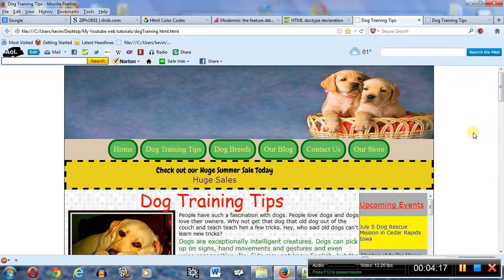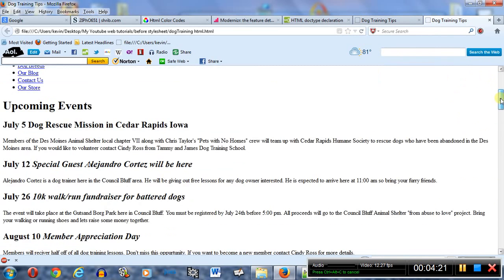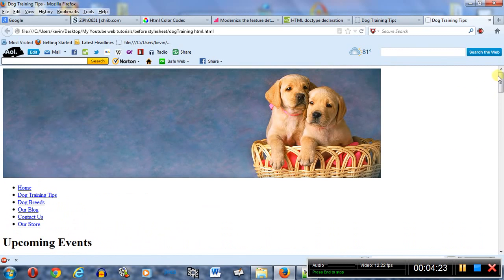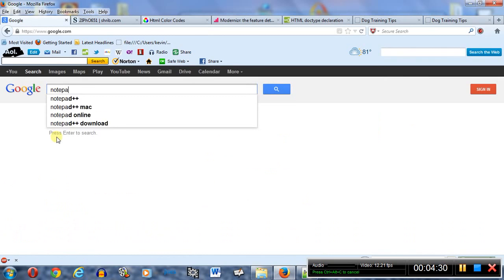In the full tutorial, I include CSS, but for right now we're just going to focus on the HTML part, which is what we just saw here. So the first thing you want to do is go to Google and download a program called Notepad++,